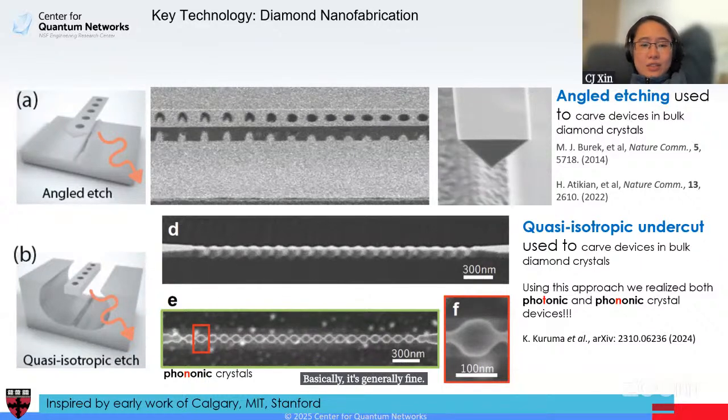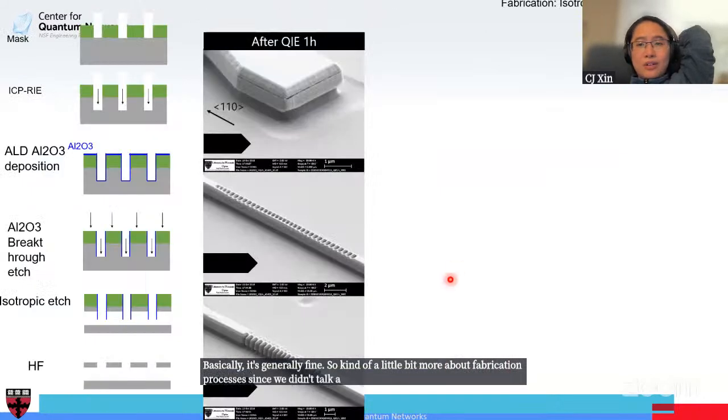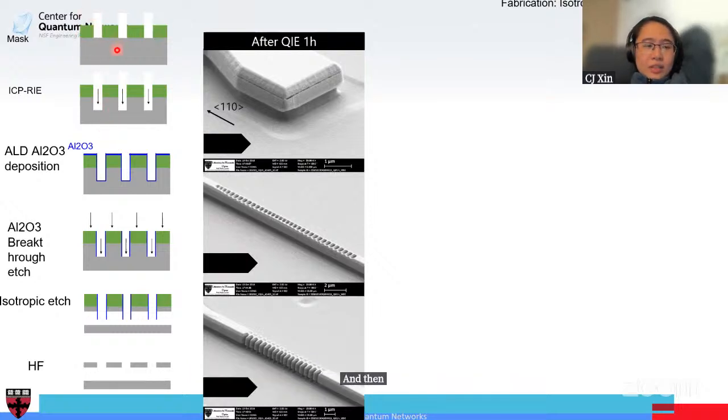So, a little bit more about fabrication processes, since we didn't talk a ton about fabrication. At the core of a lot of these integrated photonics are fabrication processes that derive from traditional semiconductor fabrication. In general, the steps are: you define a mask to define a structure, and then you use a plasma or some kind of chemical to etch